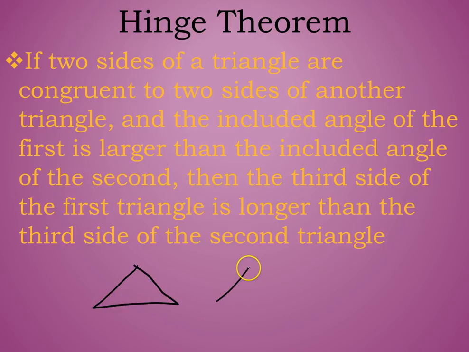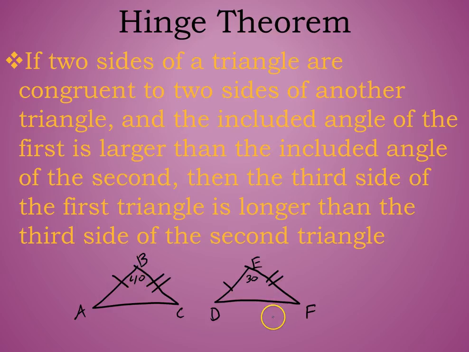Let's say we have these two triangles right here. Let's say these two sides are both equal. So they have two sides congruent. And let's say this is 40 degrees and this is 30 degrees. What this is saying is that this angle right here, because it's bigger than this angle, this side AC has to be bigger than